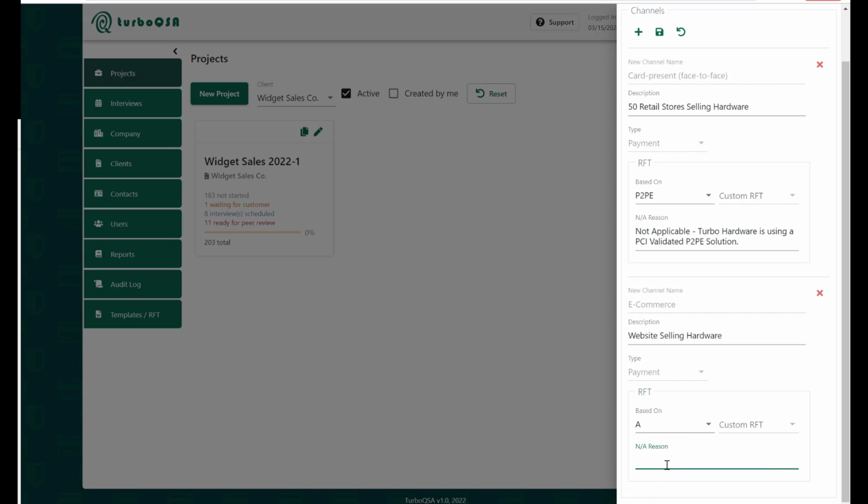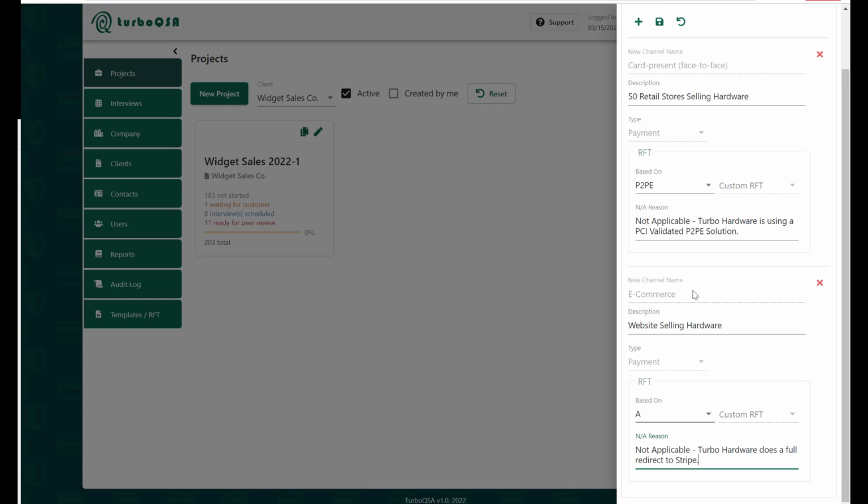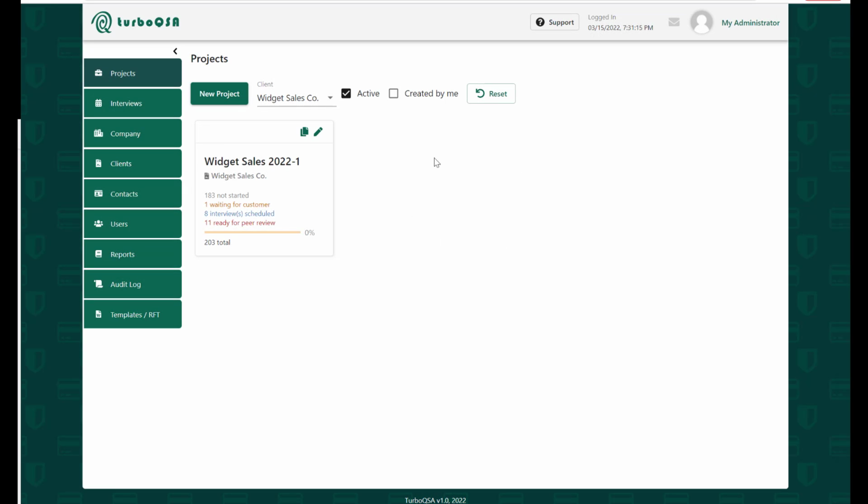And for the not applicables related to the rest of it and this payment channel, I'm going to say not applicable, if I can spell right, Turbo Hardware does a full redirect to Stripe. Okay. Now, when I hit save, my project is going to build, and it's going to appear here as soon